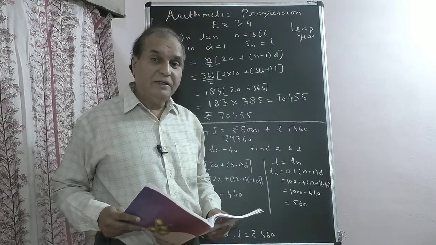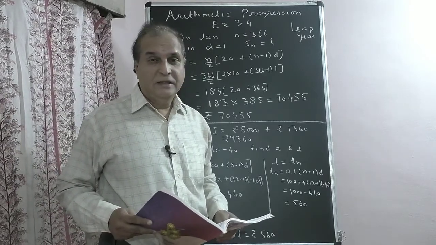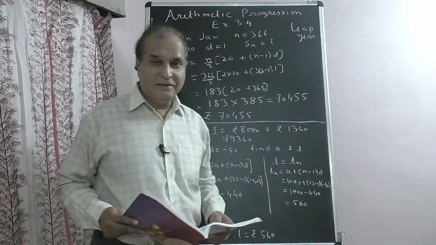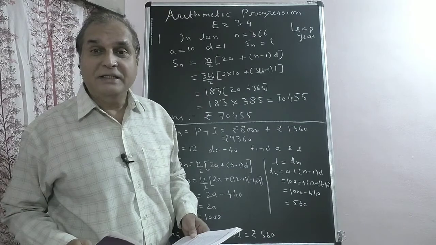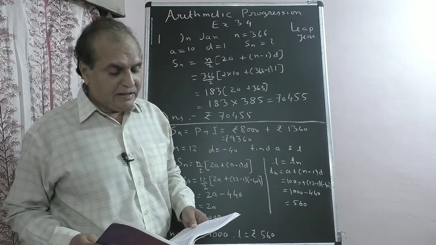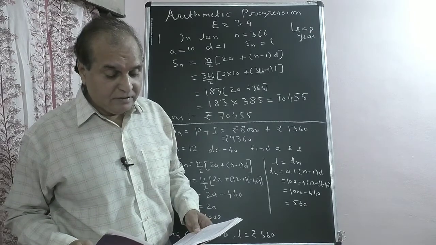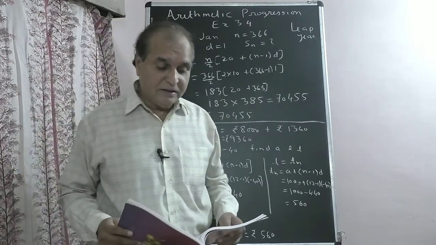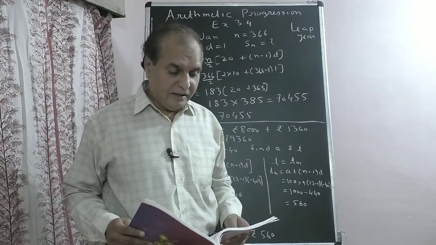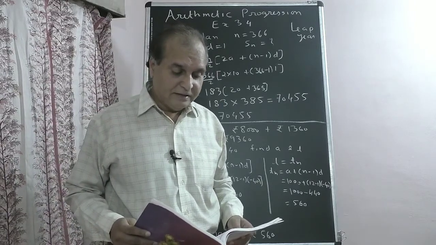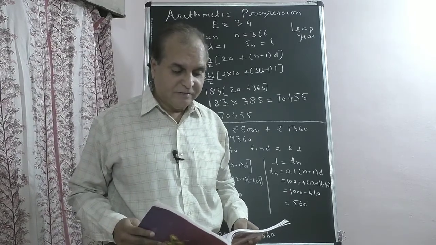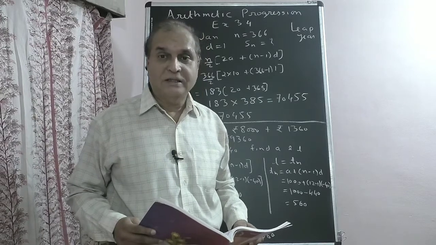On 1st January 2016. 2016 is a leap year. So a leap year has 366 days. Sanika decides to save rupees 10 on the first day, rupees 11 on the second day, rupees 12 on the third day. If she decides to save like this, then on 31st December 2016, what should be her total saving?